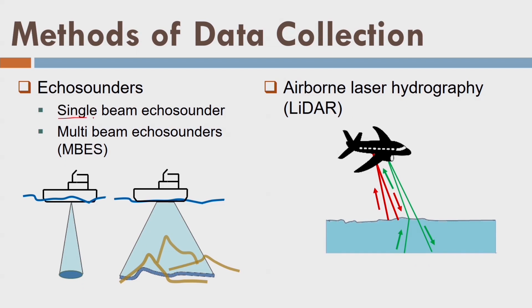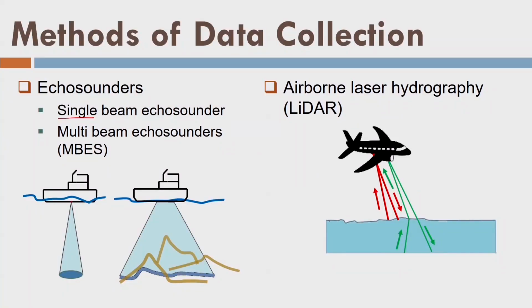Then we have the single beam echo sounder. It throws the sound pulses vertically down towards the surface. Then we have the multi-beam echo sounder, which throws pulses in an across-track manner like LIDAR. In case of radar, we have the same mechanism, what we call a whisk broom mechanism. According to the whisk broom mechanism, the multi-beam echo sounder throws pulses in this direction like this: 1, 2, 3, 4, 5, 6, 7, and again as we move 1, 2, 3, 4, 5, 6, 7, and so on.